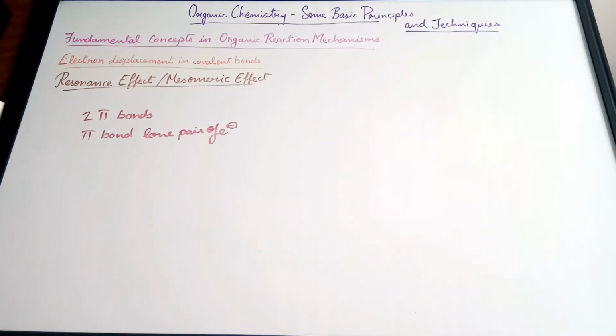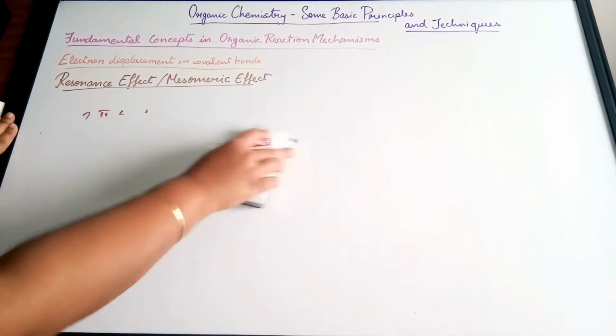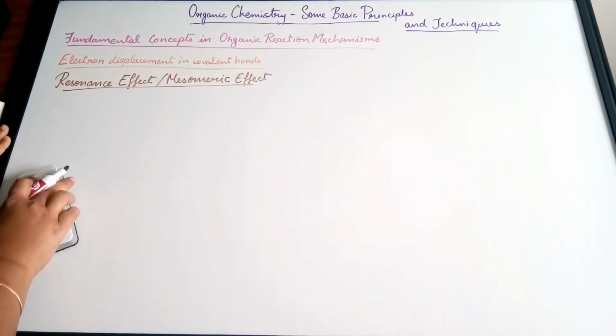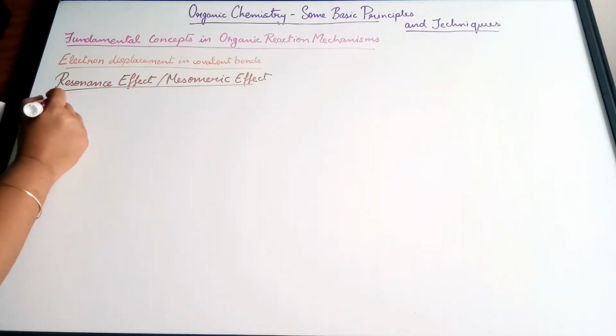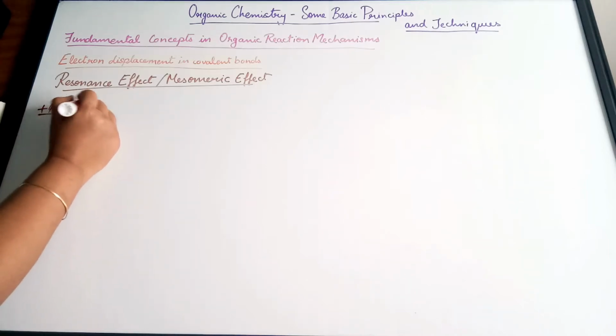So plus R effect is basically the tendency to donate electrons to the double bond or the conjugated system, and in case of minus R, the substituent withdraws the electron from the double bond or the conjugated system towards itself. So in case of plus R, basically these are going to be electron releasing groups, and we learned about a few electron releasing groups. And plus R effect is shown by OH group,